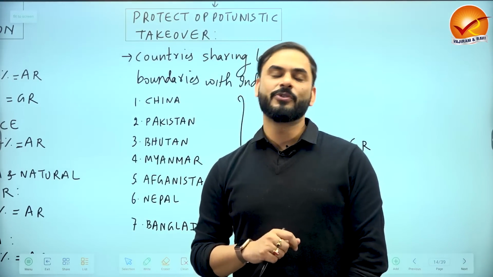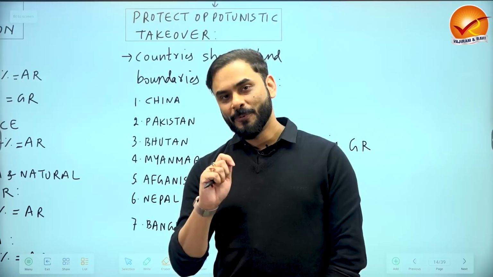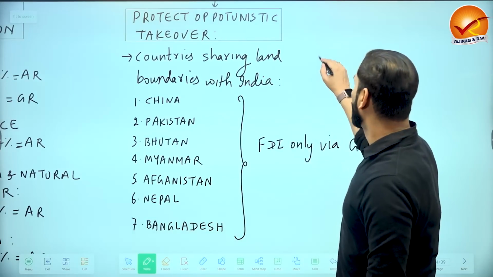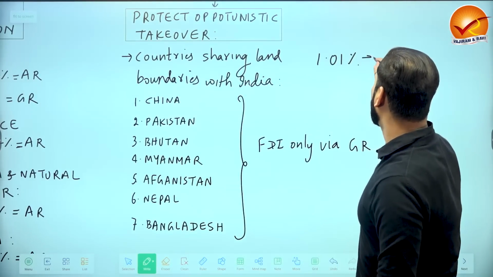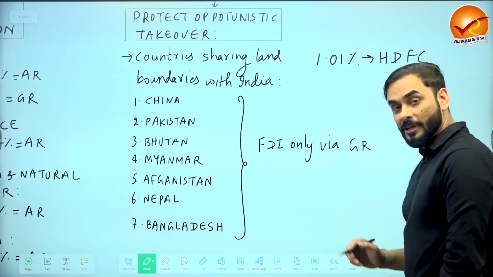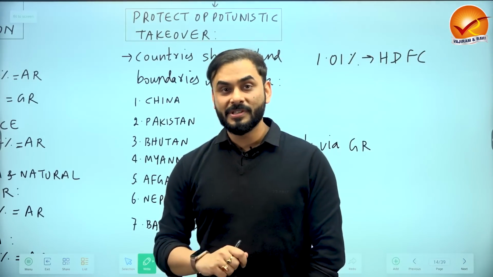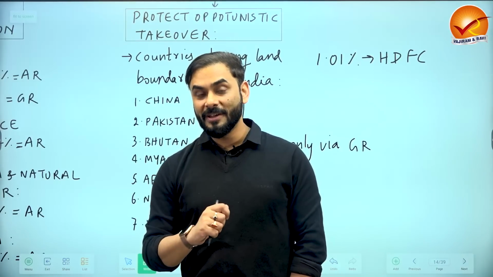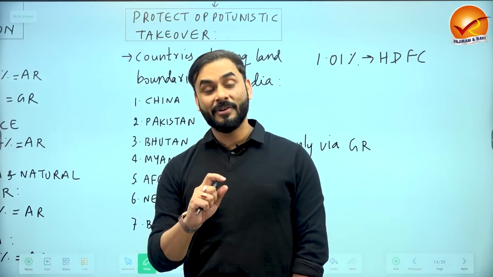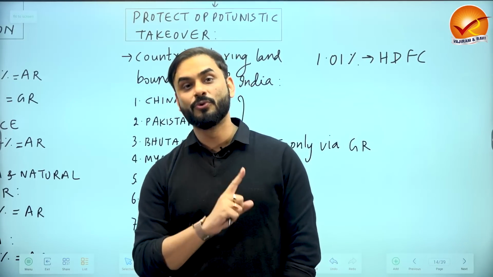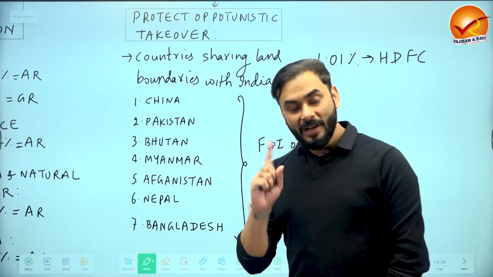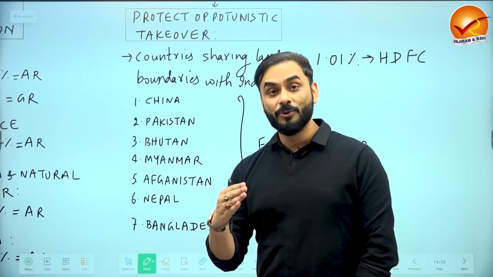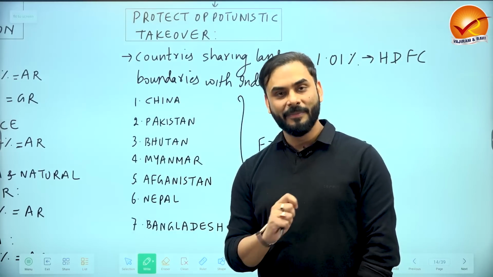Government of India also took note of it. What happened in India is, Chinese investors were able to buy 1.01% shares in HDFC. When they were able to buy 1.01% shares in HDFC, the Government of India came to know about it. The moment the government came to know, the government changed our FDI rules and introduced a new rule. See, whenever you introduce a new rule, you cannot target a particular country because that is against WTO norms. You cannot target somebody. So what did Government of India do?